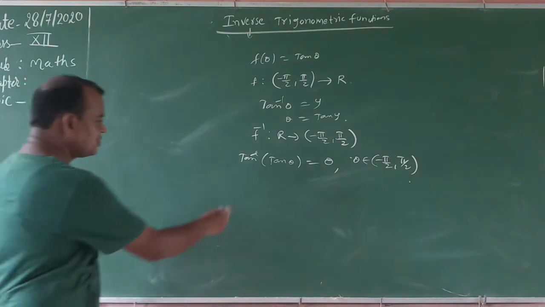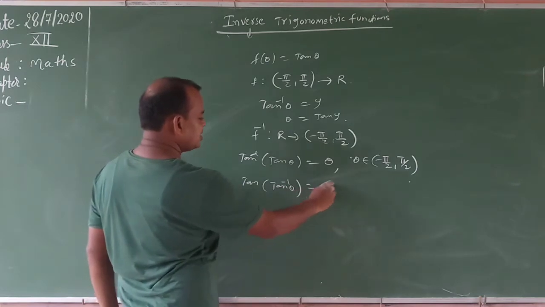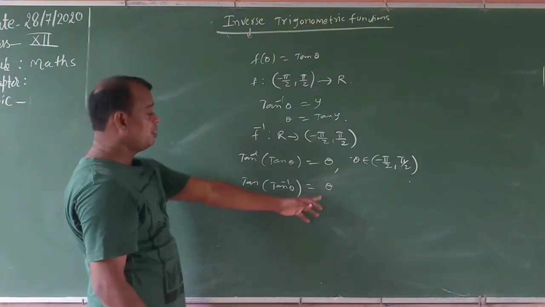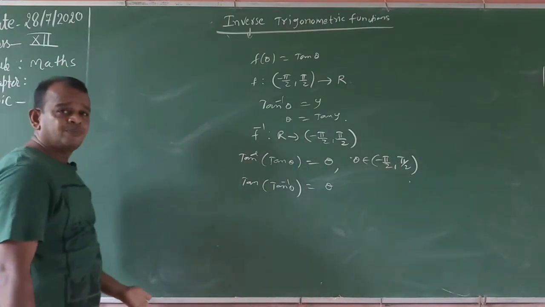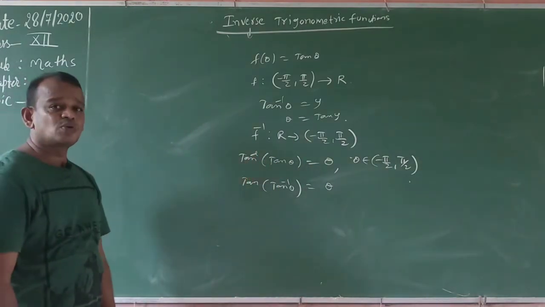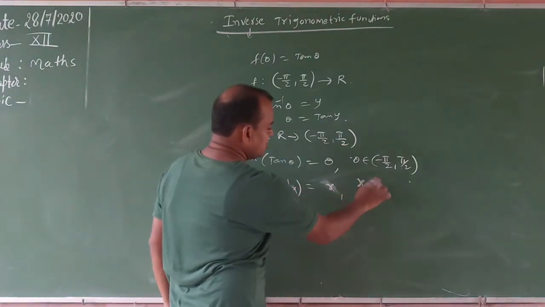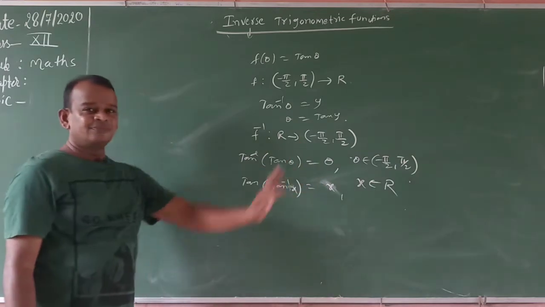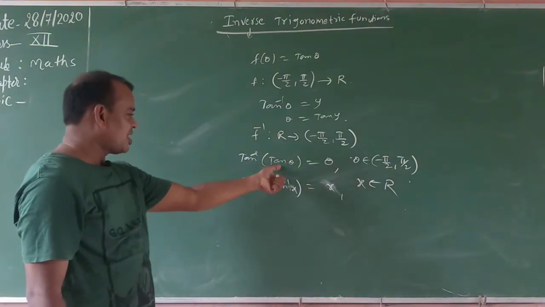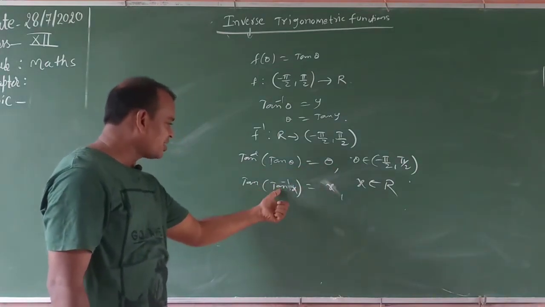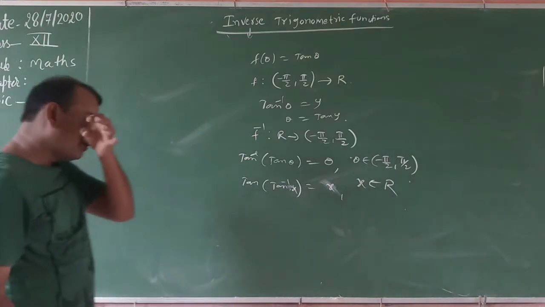Say yes or no? In this one, tan of tan inverse of theta. Here theta belongs to R, whatever theta or x. Here you take x, so x belongs to R. The answer is the same. Tan inverse of tan theta: tan inverse and tan cancel, so the answer is theta. Tan of tan inverse x: those cancel, that is equal to x, where x belongs to R. Okay.